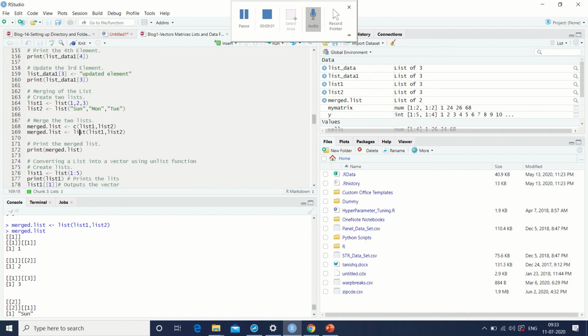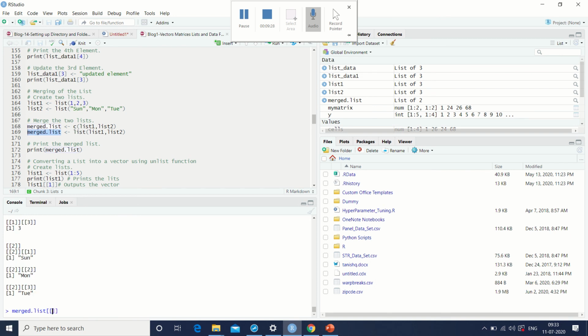Basically what it means is whatever I supply as argument within a list must be a list, and hence you can see the first element is essentially a list which itself consists of individual components. The second element, which is a character vector consisting of Sunday, Monday, Tuesday, is a list, but it is stored at the second position.